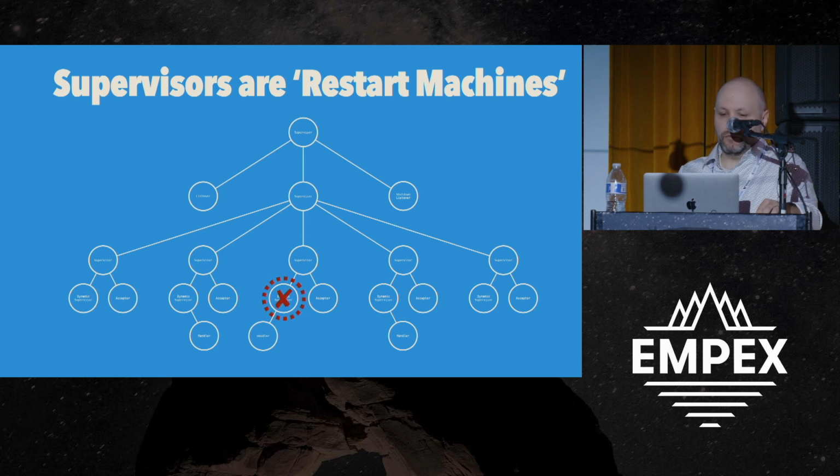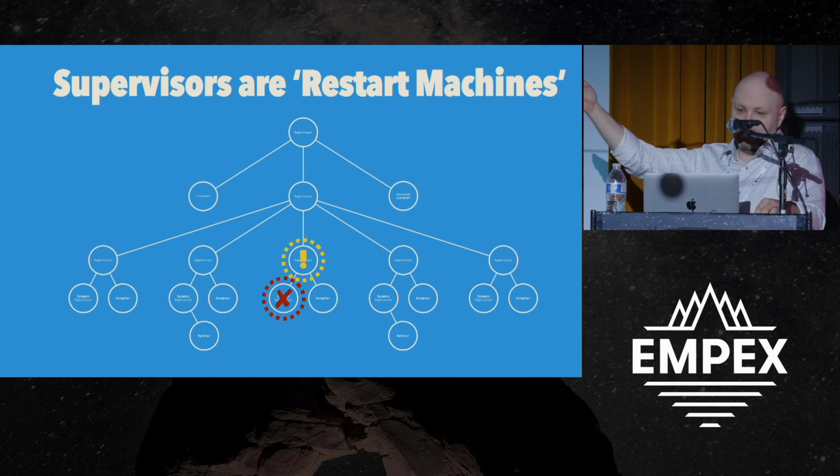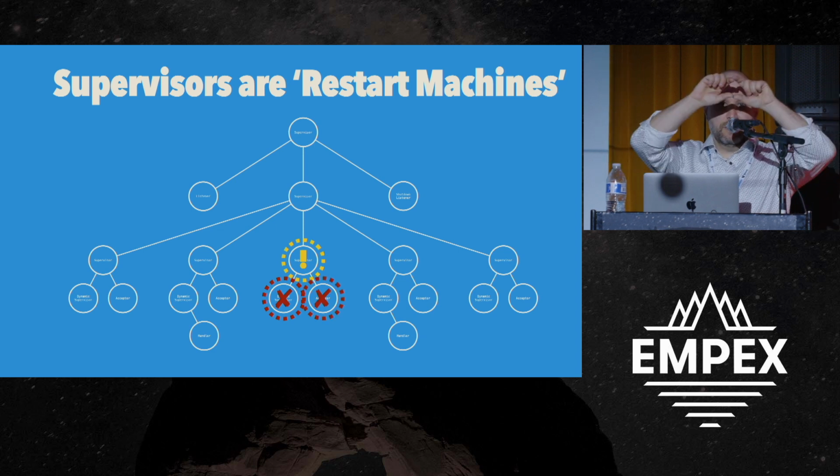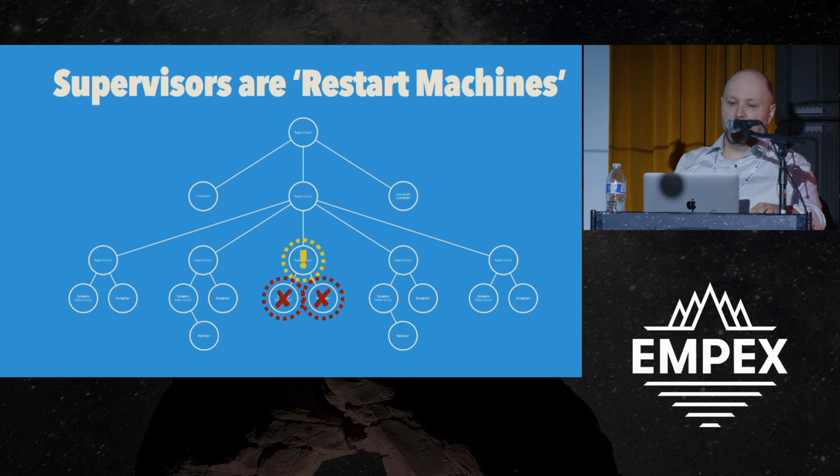This example is a bit more synthetic. Imagine, for example, if this dynamic supervisor crashes. This generally doesn't happen. Dynamic supervisor is a built-in module that's essentially bug-free, but it's a good illustration, and it's something you do need to consider if you're a completionist about this. In this case, unfortunately, the child processes will die. The parent supervisor will be notified. Because of the restart strategies, this is where you'll have the rest for one restart strategy, it will kill all of its children, restart them all,